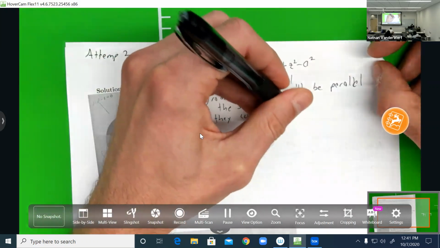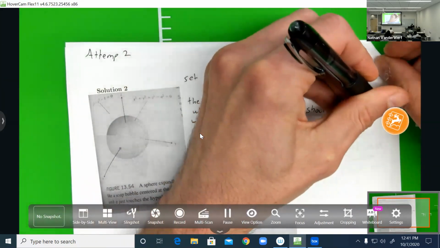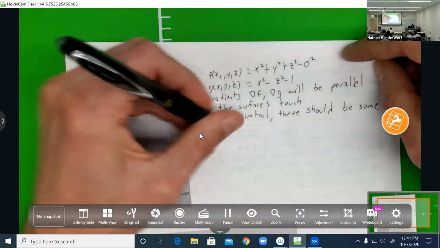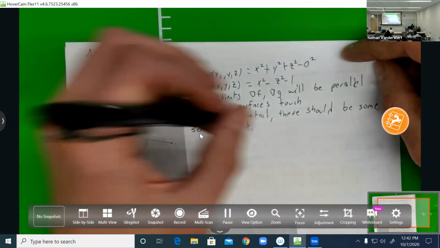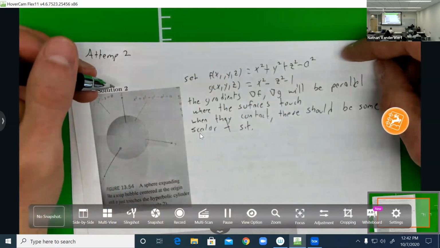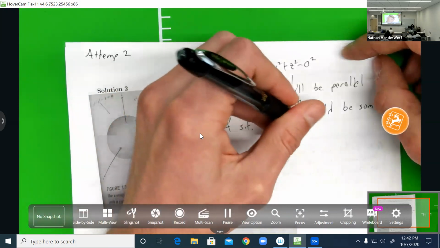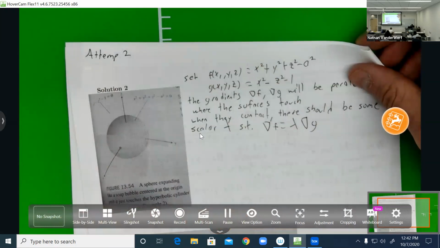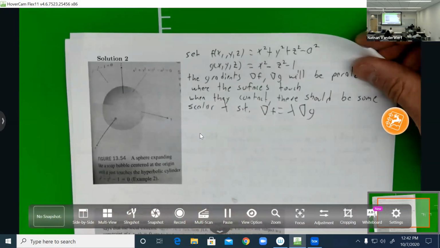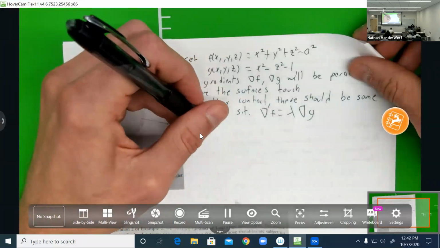When they contact, there should be some scalar lambda such that, so like we should have that these tangent planes are parallel at this point. So we should have that the gradient of f is lambda times the gradient of g. So if we solve this equation here at this point, then the gradient of f is going to be,